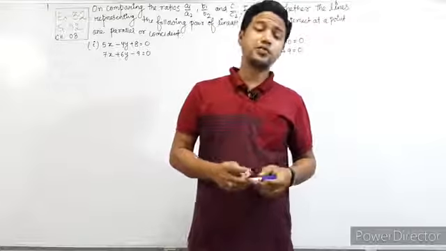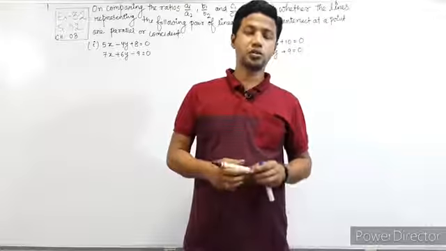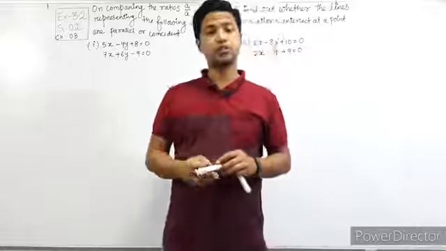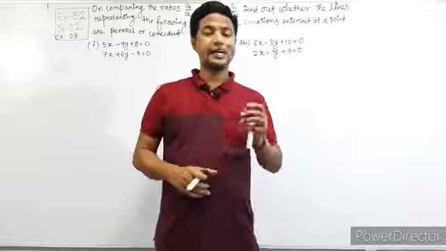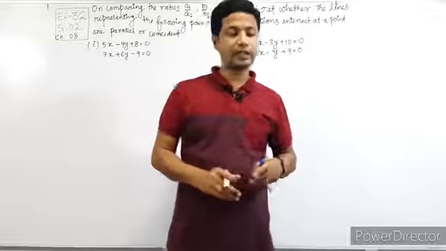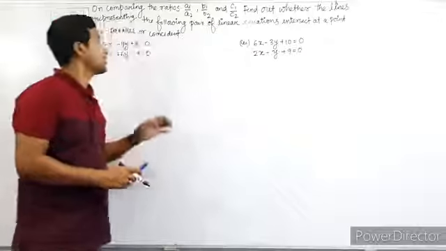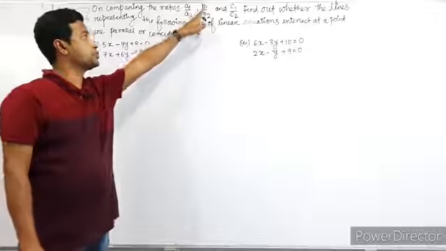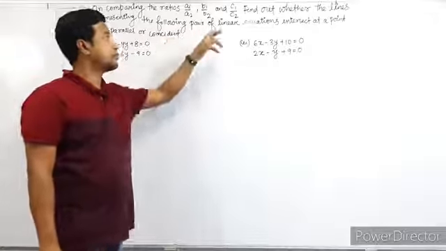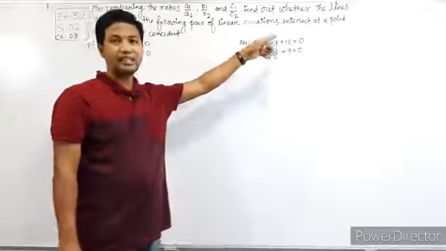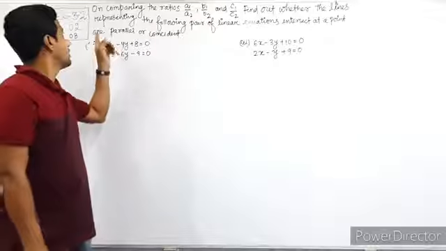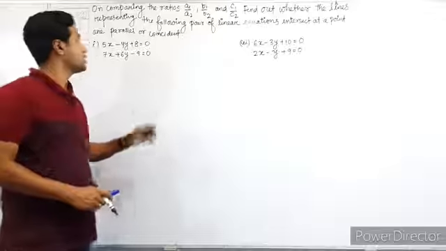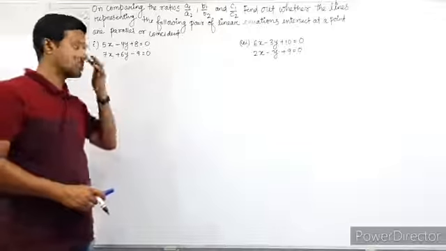So, in today's video, we are going for some question answer of your exercise 3.2 of question number 2. In that question, what we are going to find, let's read the question. The question is, on comparing the ratio of A1 by A2, B1 by B2, C1 by C2, find out whether the lines representing the following pair of linear equation intersect at a point or parallel or coincidence.